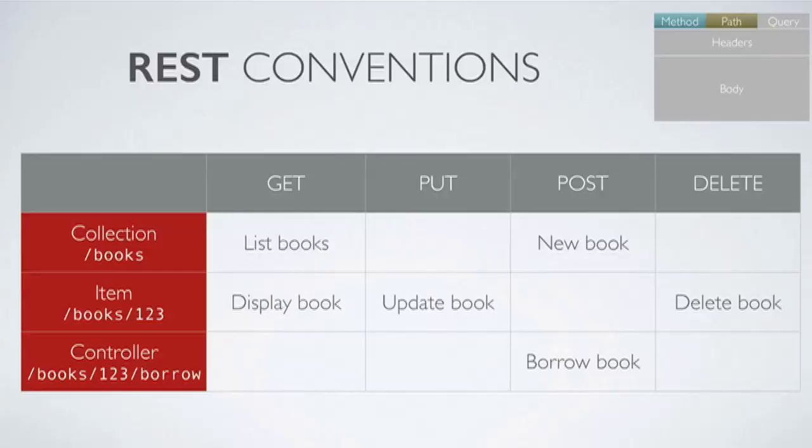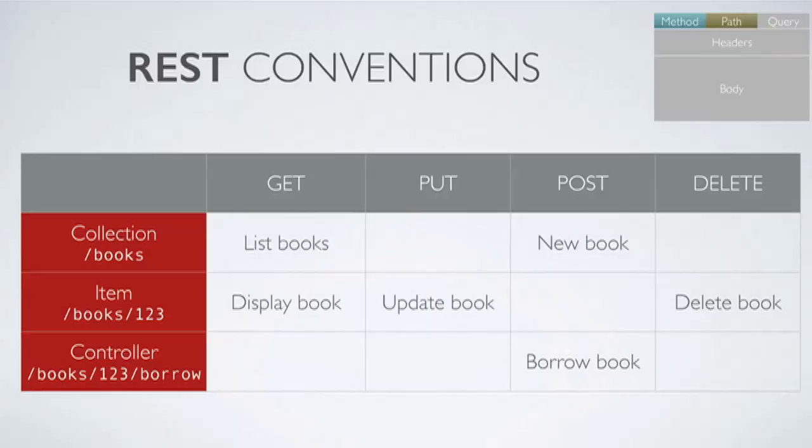Well, how does REST use all of this? Well, it uses a set of conventions to access and create things on the server through the usage of different HTTP methods, accessing various resource types. So there are three main resource types outlined in red here. The collection resource represents a set of objects on your server, like books in this example, so it has a URL /books, which is a plural noun by convention.